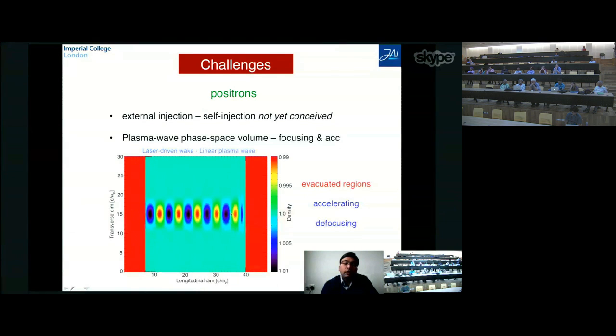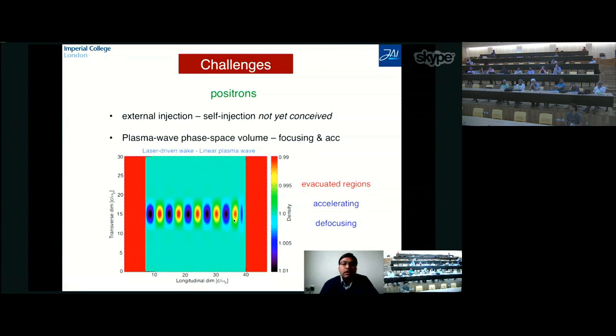However, if you look at it carefully and look at the theory of linear waves carefully, only half of that phase space volume is actually available for transporting the positron beam, because the other half is defocusing for the positron beam. So already with the linear waves, you can see that the whole problem of putting the beam in the right phase space volume is a challenge. Moving on,